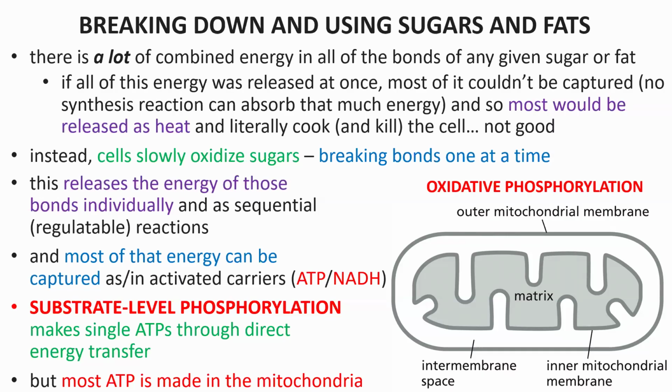We're going to talk all about oxidative phosphorylation next week, but I just want to introduce substrate level phosphorylation, making one or two ATPs at a time with a single reaction, as opposed to oxidative phosphorylation, basically using all of the captured energy from electrons to make a whole lot of ATP at once. All right, so let's eat something, shall we?